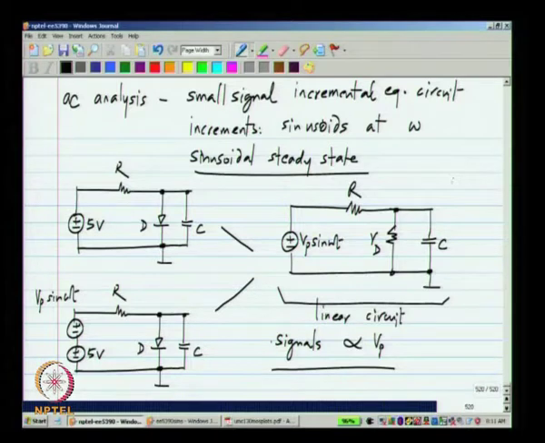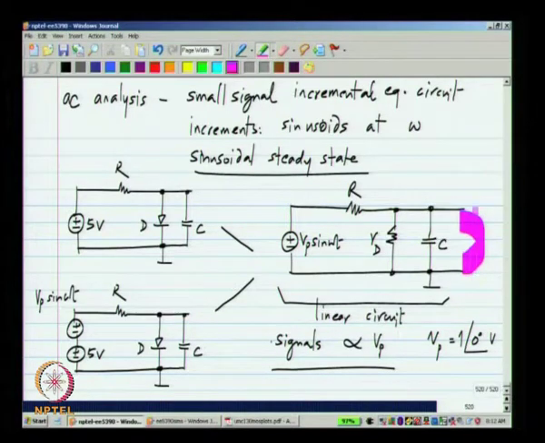Now, normally one of the things that we wish to determine is the transfer function of a circuit from a certain source to certain nodes, and for that a convenient value of V p to choose is 1 volt angle 0 degrees. Okay. So, in that case the voltage that you measure here will give you the magnitude and phase of the transfer function.